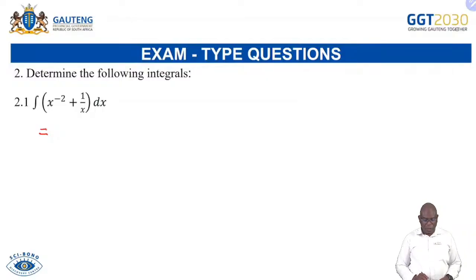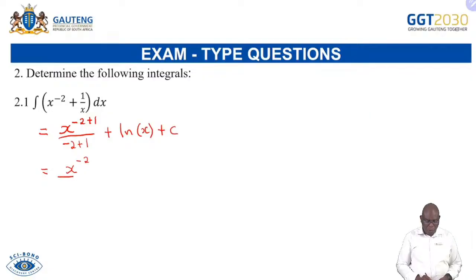Now here in this case, what do we have? X to the power minus 2, so I'll have x to the power minus 2. Remember, I'm adding a 1. So in integration, we add 1. In calculus, we subtract 1. So this is over, I put that same thing there, then plus. Now 1 over x. 1 over x is, remember, it's ln. So this should be ln of x. Then we must put plus c. Never, ever, ever forget the c. So here we're going to have x to the power minus 2 all over minus 1 plus ln x